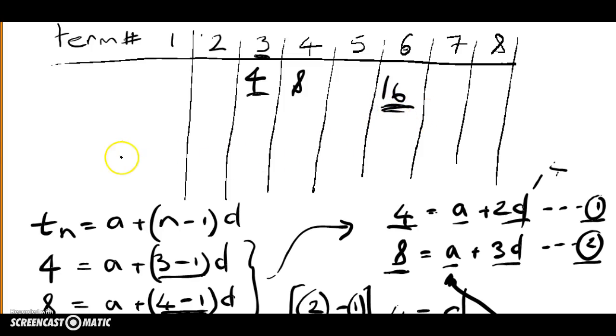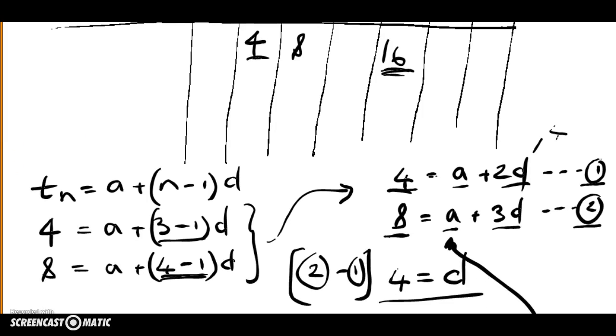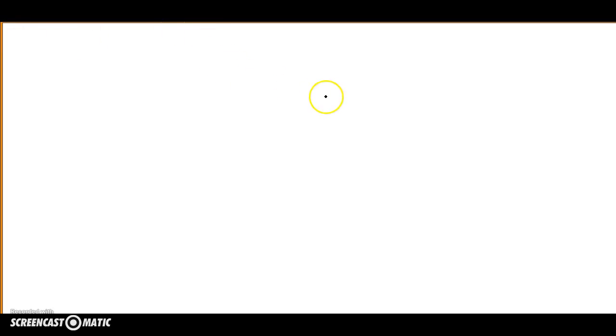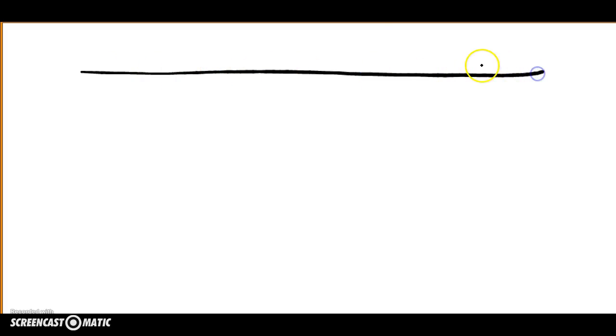Let me do another one so it's a little bit more clearer. And class, you will have to help each other with this to try and figure out how to do it. This is question number 3. This time we're told term number 5 and term number 6. And we want to write down the first 8 terms. So we've got 1, 2, 3, 4, 5, 6. And term number 5 is 6, and term number